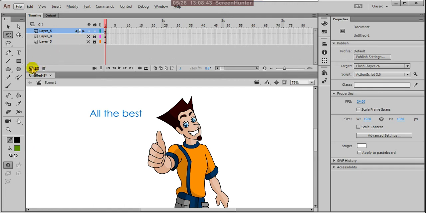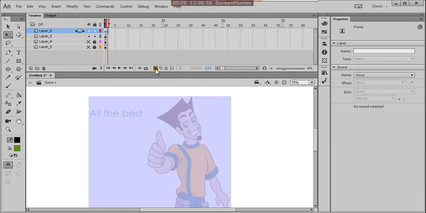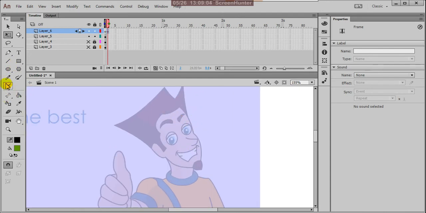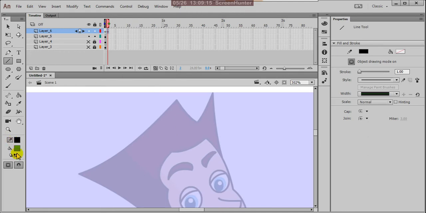I'm creating one more layer here. I'll explain how to arrange these layers and all. Don't worry, I'll explain how to trace, but here focus on the line tool. Suppose take this line tool, it's not the pencil tool, every time I'm saying pencil. Okay, line tool. Click on the line tool, and switch on snap to objects, and it must be in object drawing mode. Okay, then